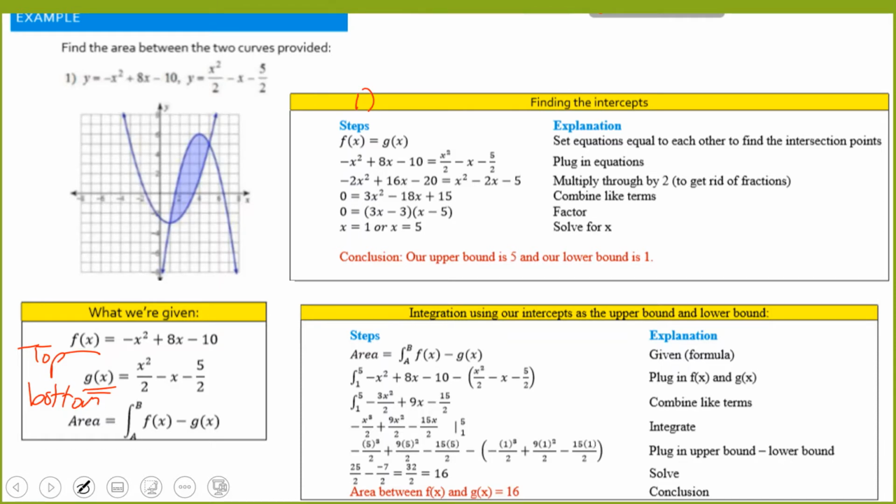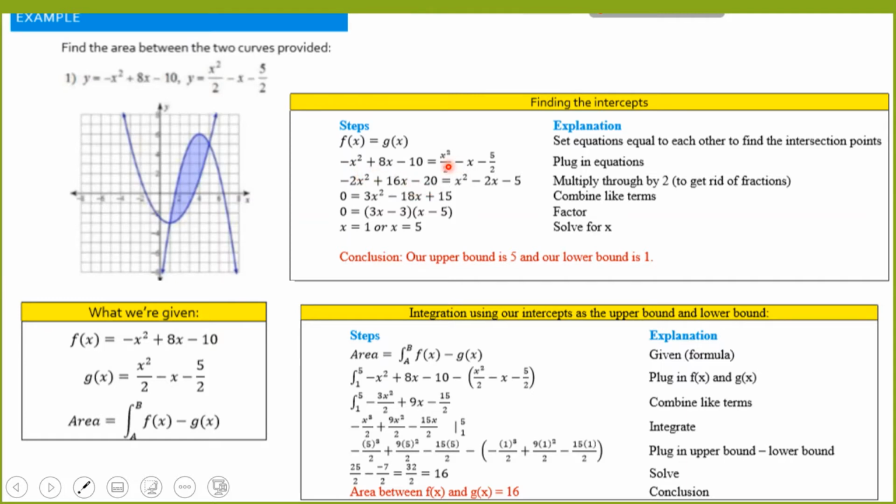So to find the intercepts, I'm going to set the y values equal to each other. So I'm going to set f of x equal to g of x. So that's f of x here, and g of x we'll plug in here. Okay, so I've got a negative x squared,